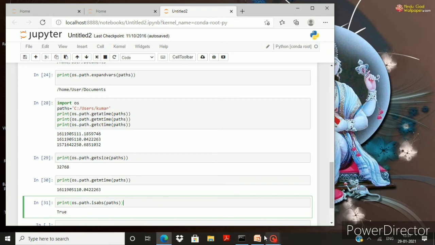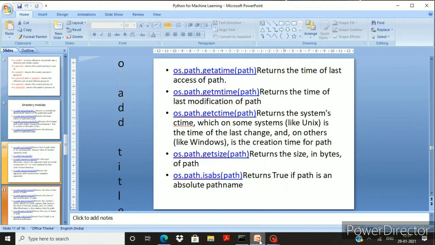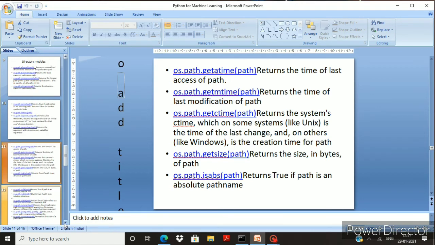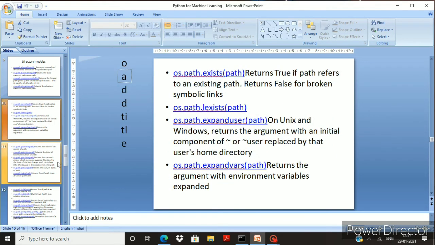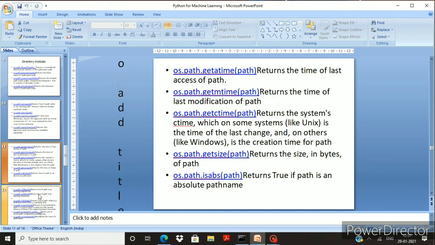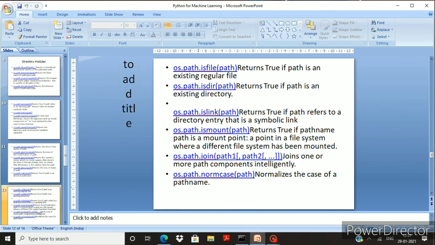With this I am going to stop the execution, because if I execute all the code, then my video will be too long. So I am going to stop here and give you some questions. Up till here I have executed. After this, from os.path.isfile onwards, you should execute and give me an answer.